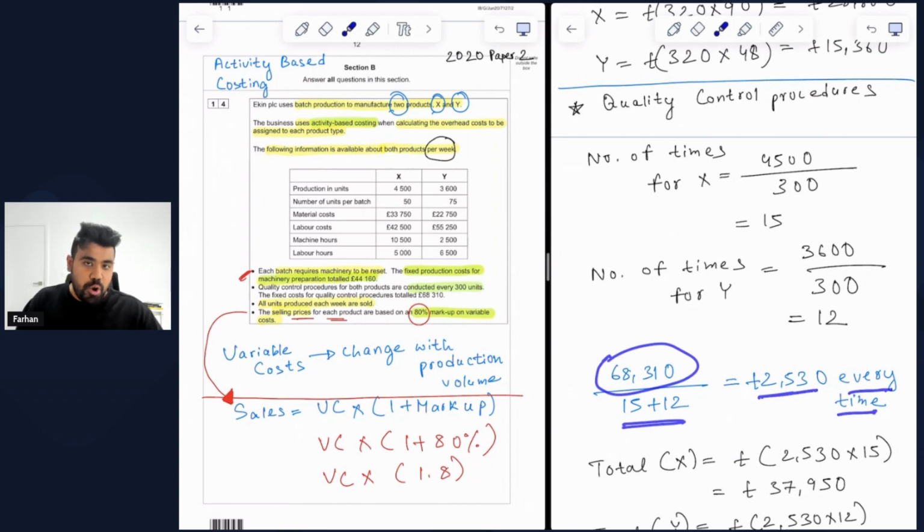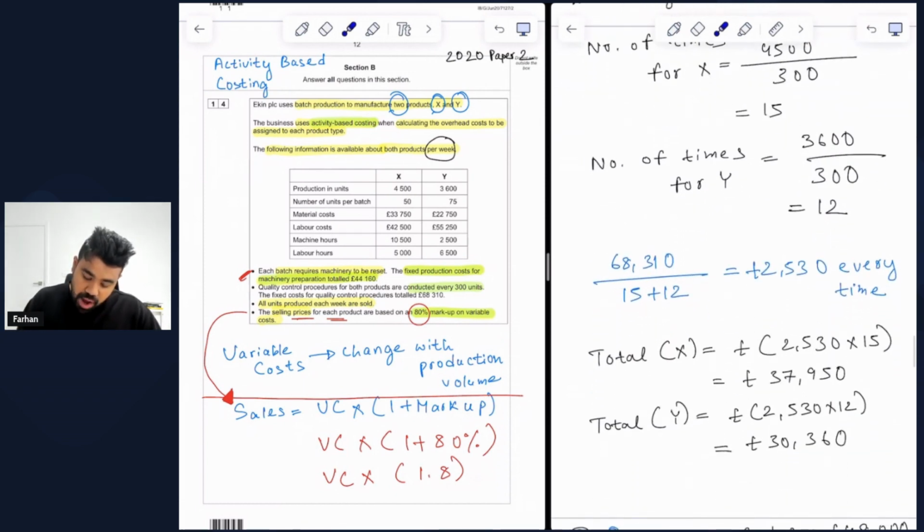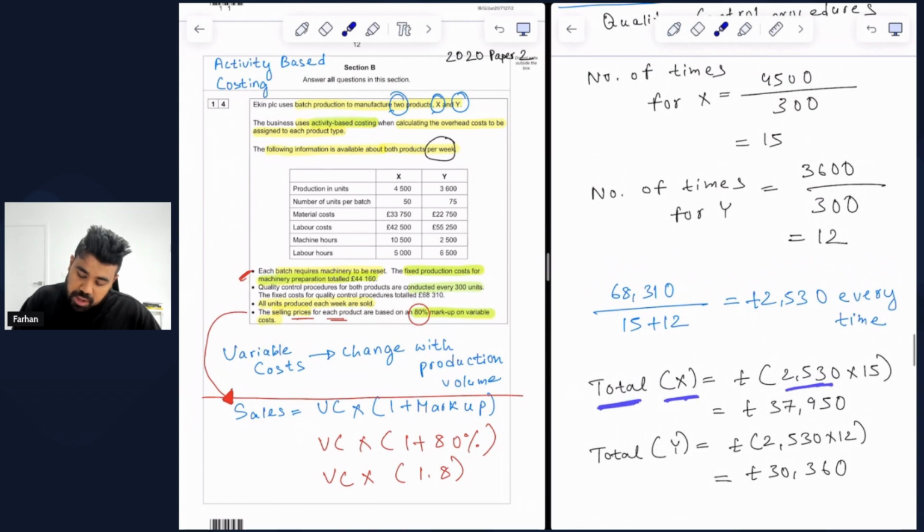There is no fixed approach to how you should handle this question in the exam, and you can only get better at this with practice. What we have to do next is find the total quality control costs that we will be allocating to X. We have already figured out that £2,530 is the cost we need every time we do the quality control process, and the number of times this is carried out for X is 15, so we just multiply both of them together, and you get total costs for quality control for X being